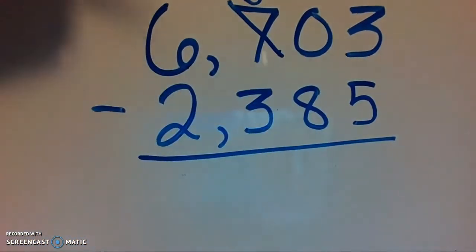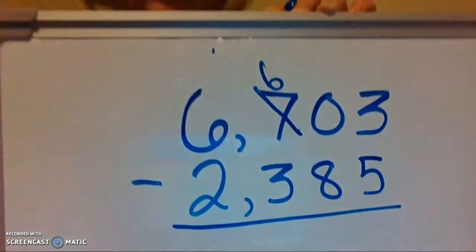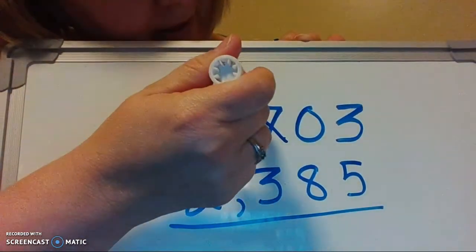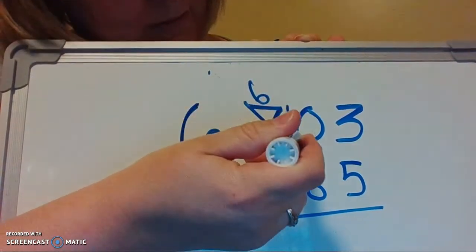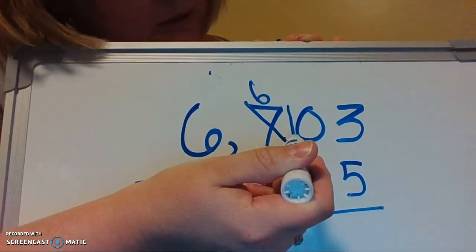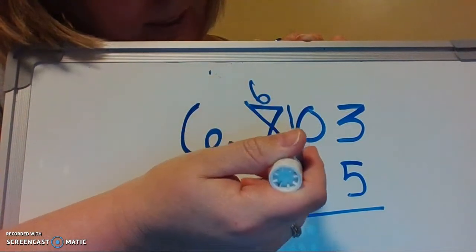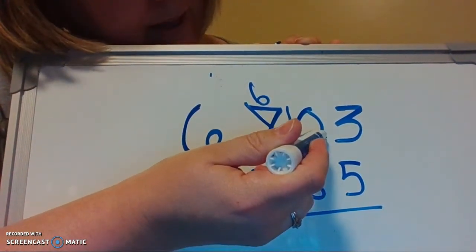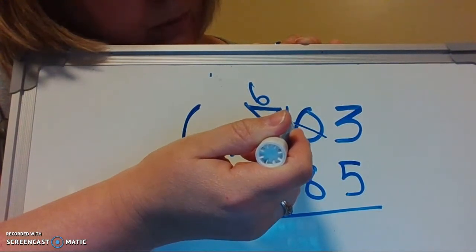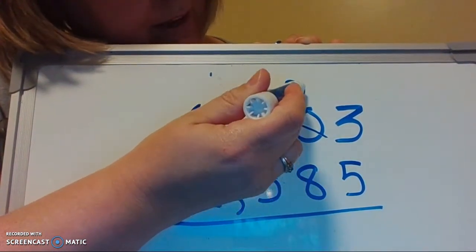So I put my 6 right there. Let me fix my screen. Now I have 10 tens because I borrowed 100, and 10 tens equals 100, and I'm going to borrow 1 10, and now I only have 9 tens